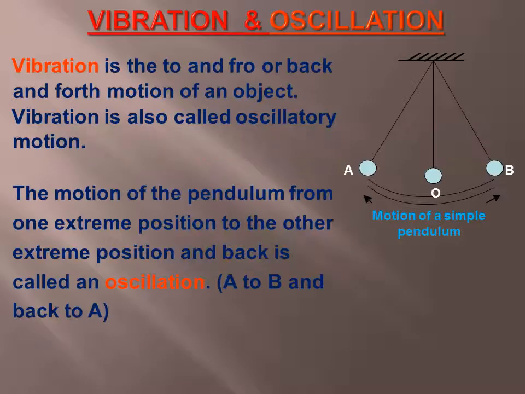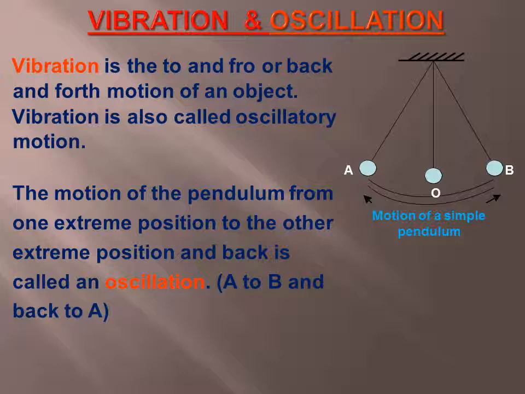So let's start. First of all we will talk about vibration and oscillation. As we discussed earlier, sound is produced only due to vibration. So what is vibration? Vibration is the to and fro or back and forth motion of an object, and vibration is also called oscillatory motion. That means if this is a vibrating body, think of this pendulum